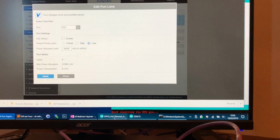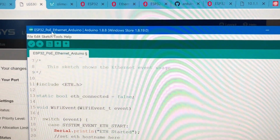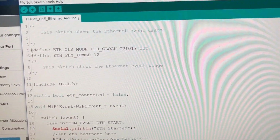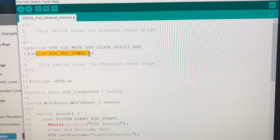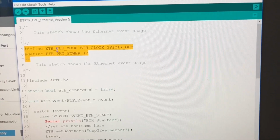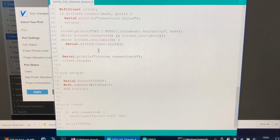And so if I just pull up this sketch, now this is the Olimex ESP32-PoE Ethernet Arduino, which is the same as the ESP Ethernet Arduino, except they add these two lines here: define ETH_CLK_MODE, ETH_CLK_GPIO17_OUT, and define ETH_PHY_POWER 12. So technically, according to Olimex, this sketch was downloaded from their GitHub, and I've done nothing to it,